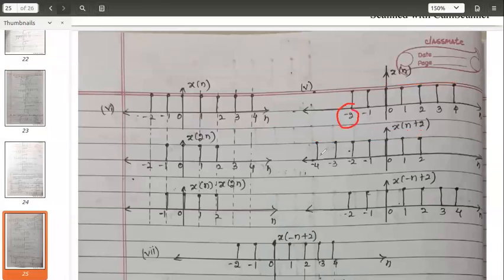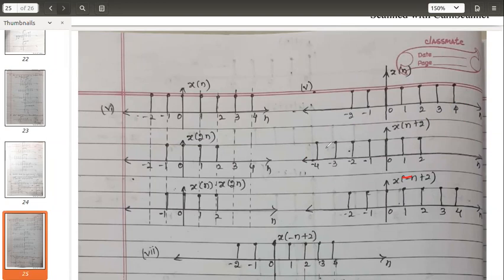Here the point is -2. Here the point is -4. What is the difference between those two? It is 2. Yes, a shift of 2. Then the end point is here 4, and here 2. The difference between these two is 4 minus 2, which is 2. So yes, your shifting is to the left side by two amounts. It is correct. After shifting, you have to go for a reflection because we want minus n plus 2.